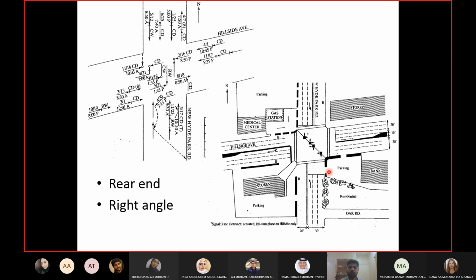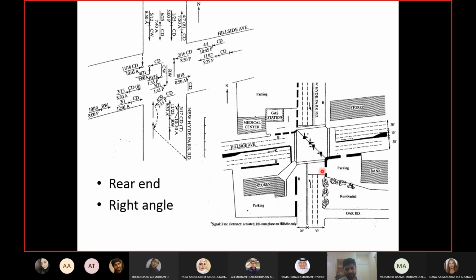So what can we do to avoid this? Again, one thing is we said clearance time is not enough. Extend the clearance time, recalculate the clearance time, and see what you require. Second thing is clearance time is not enough because of two reasons. One reason is stop line is behind the intersection, so you make the stop line closer to the intersection, and that would require closing the exits, right? That would require closing the exits. So maybe when you shift the stop line to the actual intersection, the edge of the intersection, the clearance interval in that case may become enough.